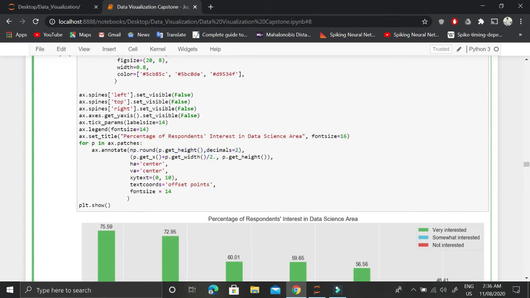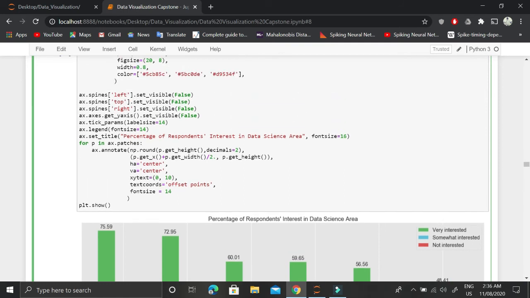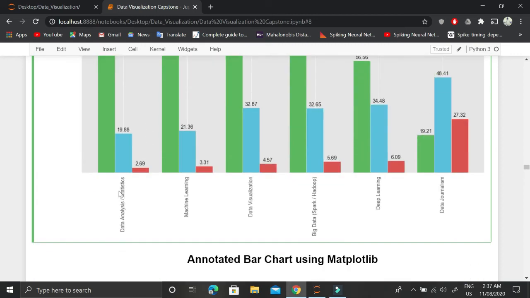Once we have these values, where do we want to put them? First of all, we will annotate. We find the position of the annotation by finding the x position of each patch. Consider this first patch. Whatever x position we have where it is getting started, this is the place, and get x will give us that for the first patch.